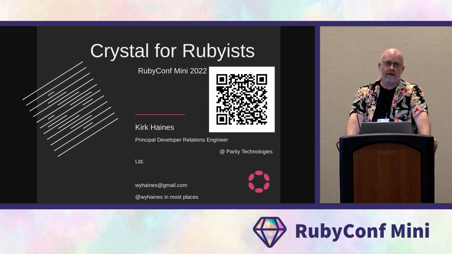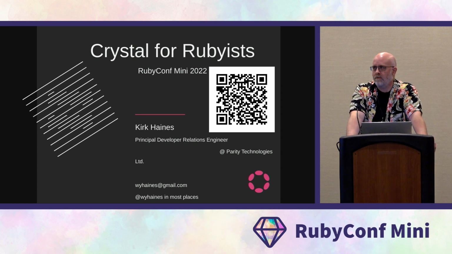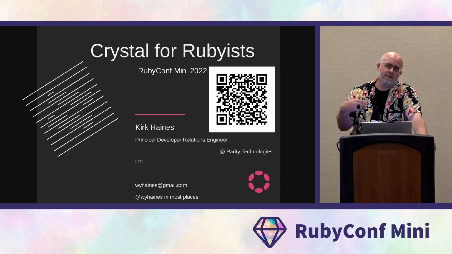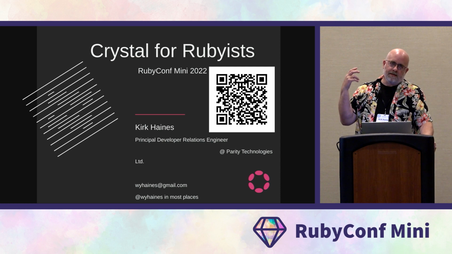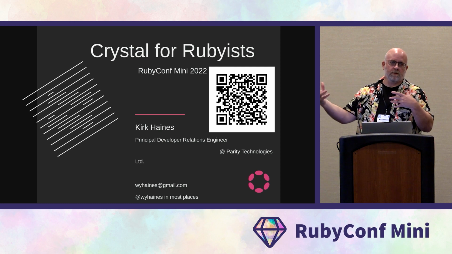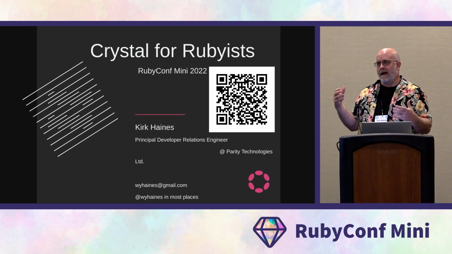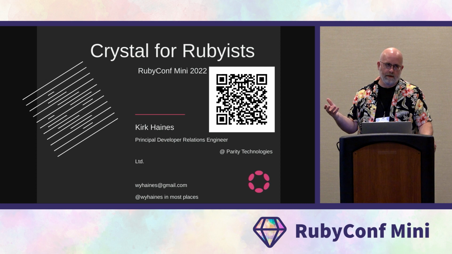My name's Kirk Haines. My day job is as a developer relations engineer for Parity Technologies, but I've been doing Ruby for a long time, more than 20 years. And today we're going to talk a little bit about Crystal, and specifically Crystal for Rubyists. And what that means is, what does Crystal look like? What is it? And how can you leverage your existing Ruby knowledge in order to make you productive more quickly